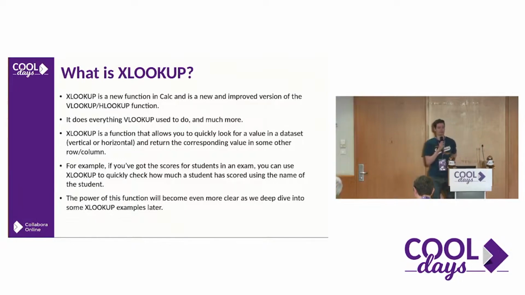XLookup can find values in vertical and horizontal ranges and can perform approximate and exact matches, and also supports wildcard and regular expression searches for partial matches. In addition, XLookup can perform a reverse search and offers a fast binary search option when working with large